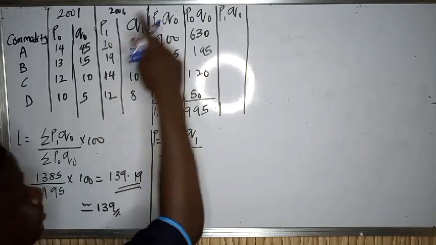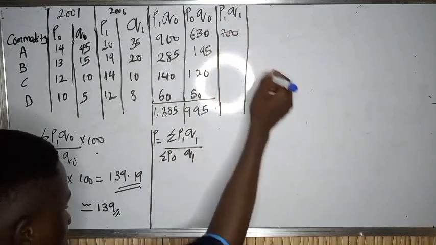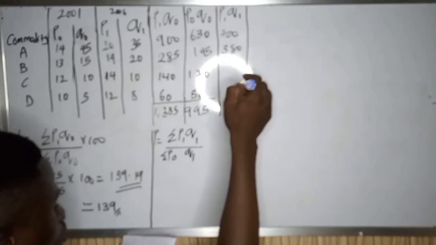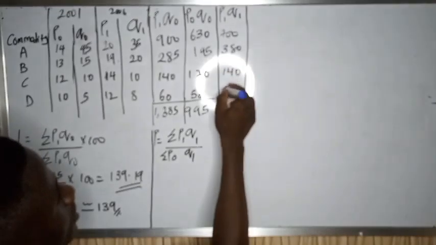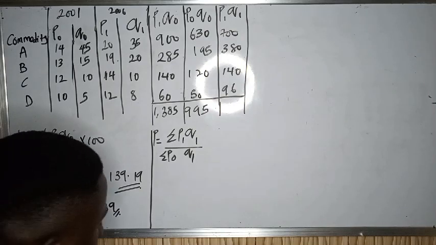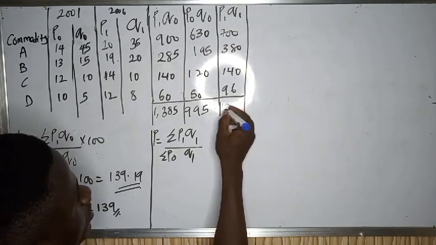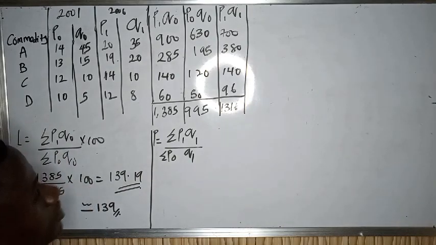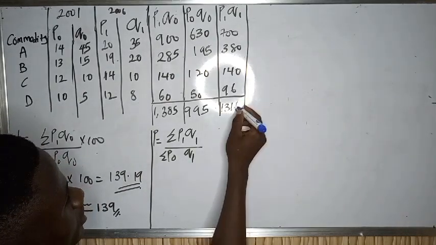P1 Q1, we have 700, 380, 700, 140, and 96. So if you add P1 Q1 together, you have 1316. So now, going from there, then we have